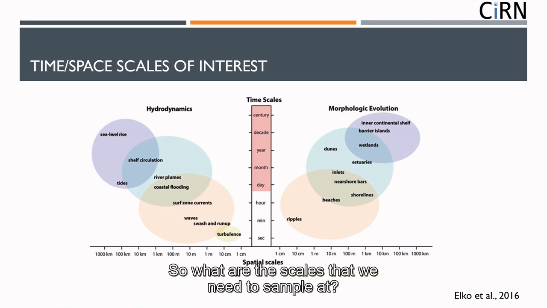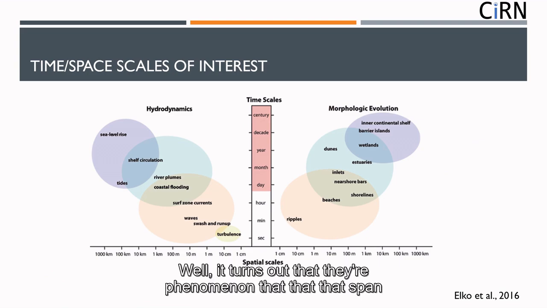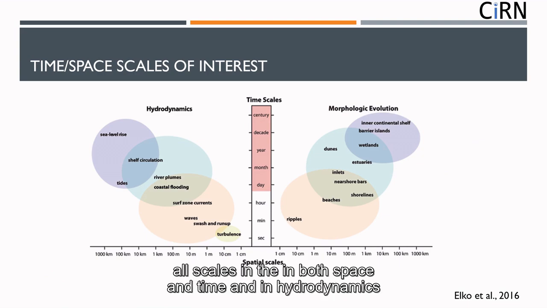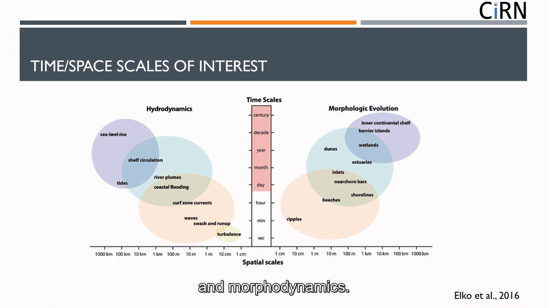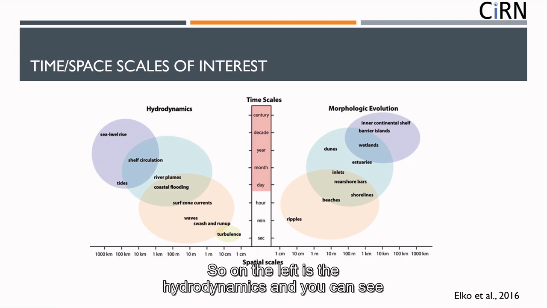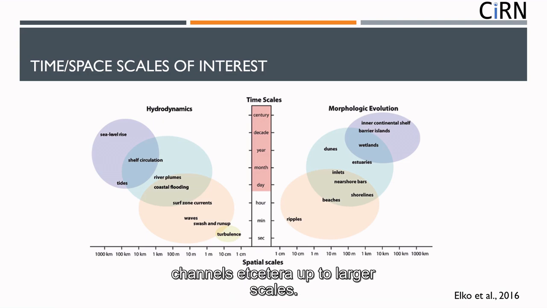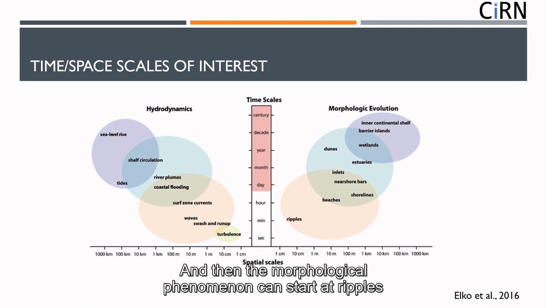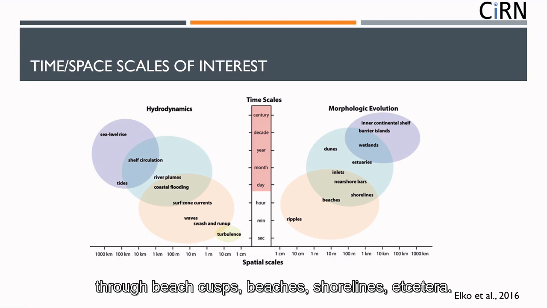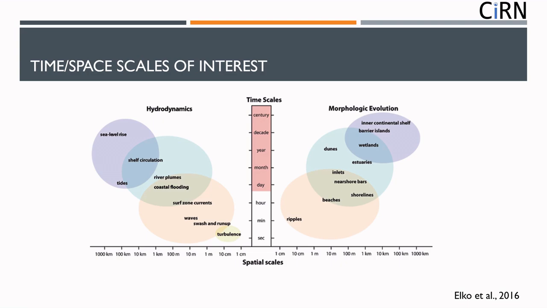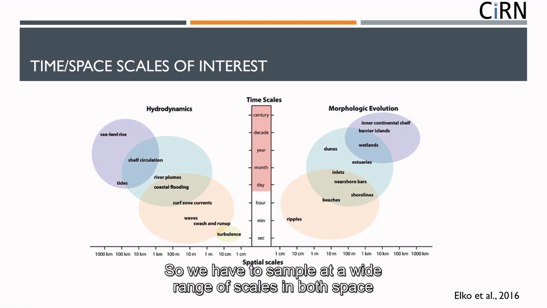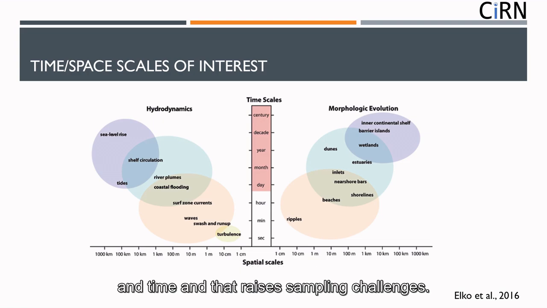So what are the scales that we need to sample at? Well, it turns out that there are phenomena that span all scales in both space and time, in hydrodynamics and morphodynamics. On the left is the hydrodynamics, and you can see phenomena range from turbulence to swash, waves, currents, rip channels, etc., up to larger scales. And then the morphological phenomena can start at ripples through beach cusps, beaches, shorelines, cell circulation, etc. So we have to sample at a wide range of scales in both space and time, and that raises sampling